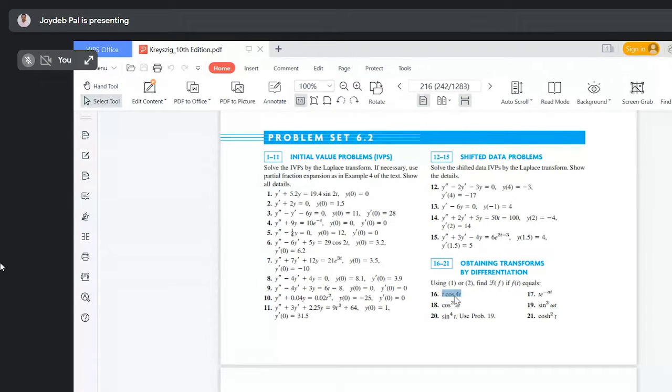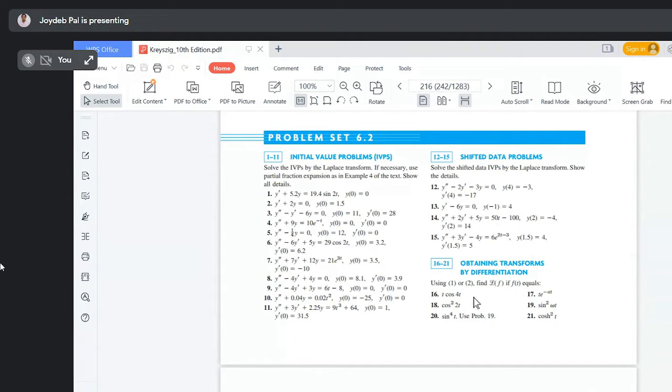In case of problem number 16, S shifting theorem, it is not possible to apply. Do you get it or not? Means in case of S shifting, the form of the function should be e to the power at into ft, and it is not in that form, e to the power at into ft, right? And there are no tabulated formula also for this. So you have to apply some other formula, other type of formula. So here you can apply the derivative. Now,